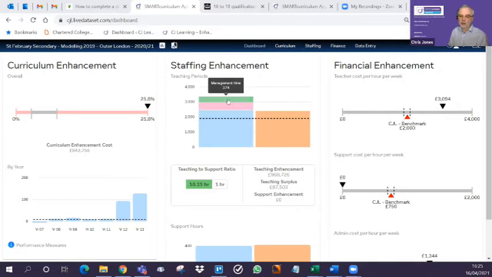Now, that's the assigned time out of your full capacity, so the cycle times the full-time equivalent teaching staff. The management time is the time that's given to leaders in the school, so a head of department or a head teacher or a senior leader being given teaching time that's given specifically to the leadership and the management of the school. In this school, that equates to